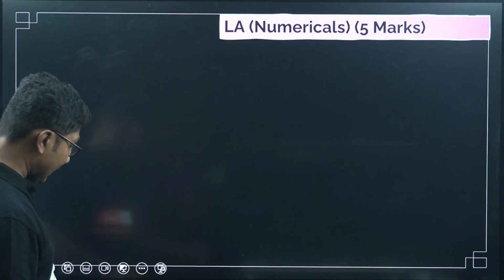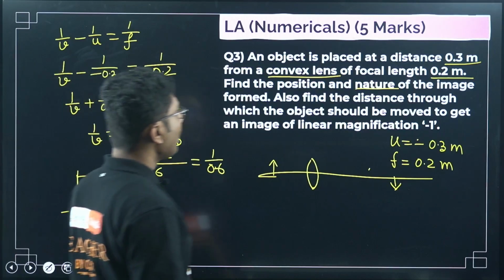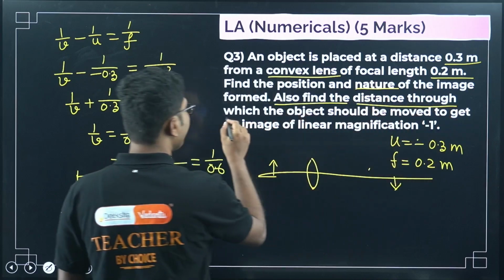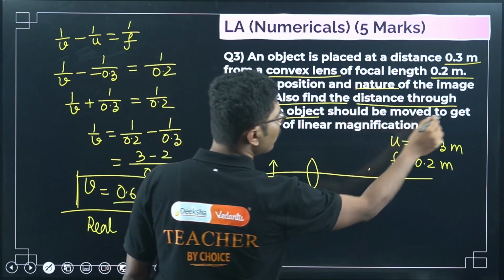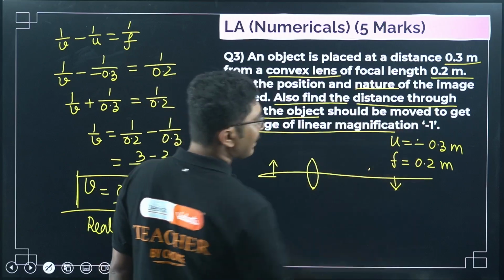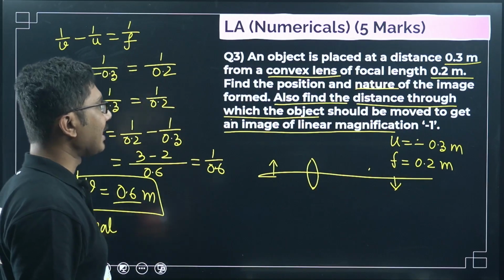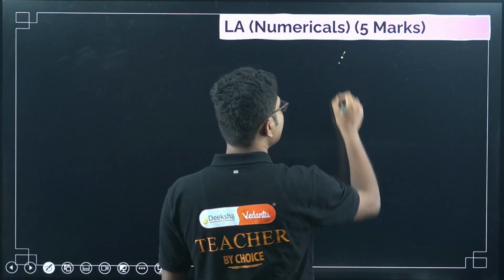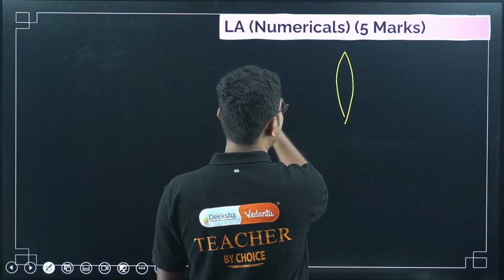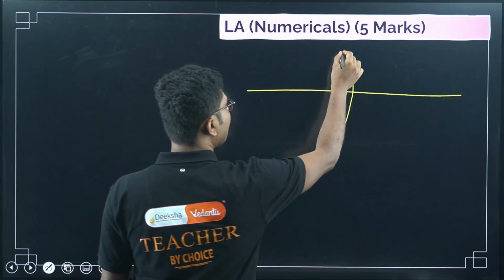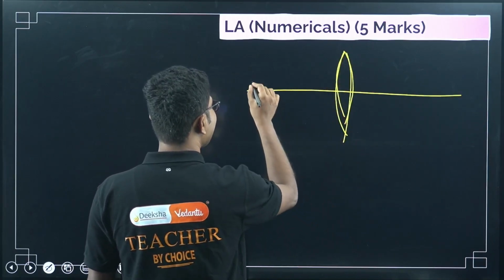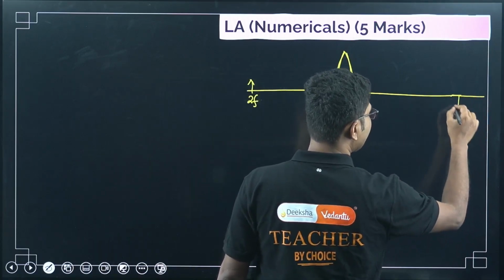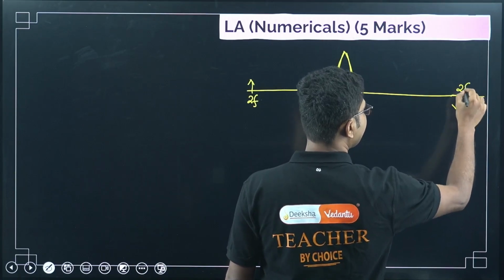Now what is the second part of the question? The second part of the question is also find the distance through which the object should be moved to get an image of linear magnification -1. Now let's understand this point. So when the linear magnification is -1, in case of convex lens, that means when the object is placed exactly at a distance 2f, then we get an image exactly at 2f, then the magnification is